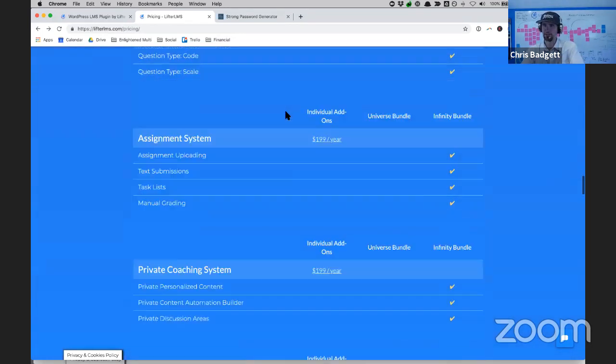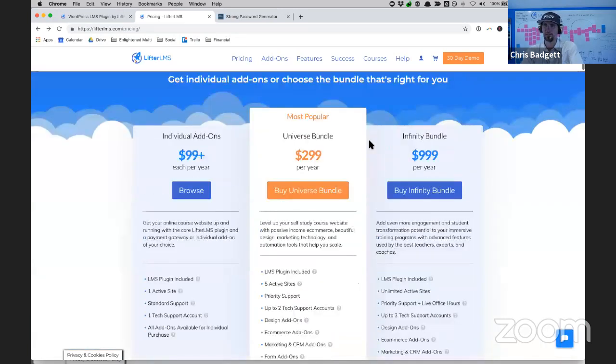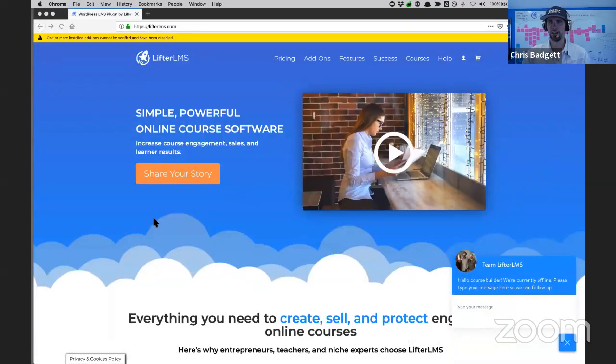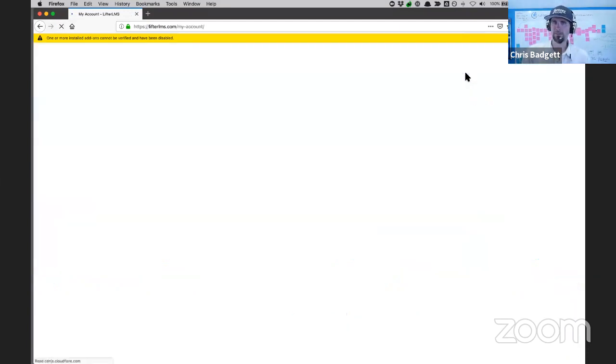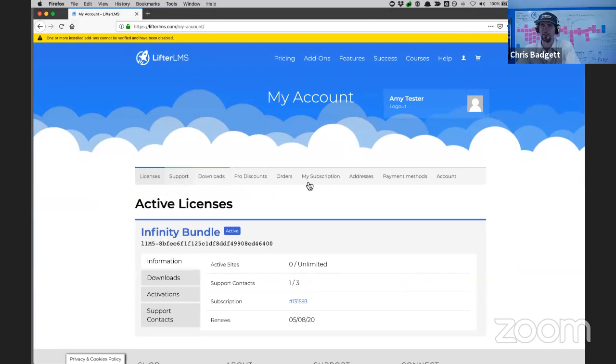So to check out, all you have to do is click on buy the Infinity bundle and you can check out with a credit card or with PayPal. Now I've actually already done that. So let me show you what it looks like after you check out. So if you go over here to my account, you can see there's a license here, and you can access support and really manage everything you need to do on your account at lifterlms.com. Now I've also got